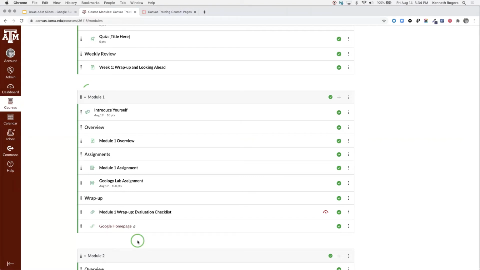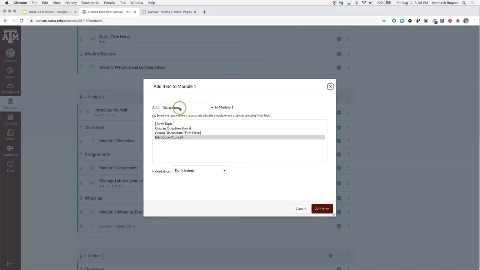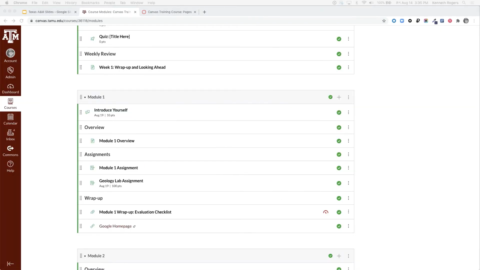So I'll give you just a second to put it in your module. Remember, we're going to modules. We're finding the module we want to put it in. Clicking the plus button, selecting discussion, finding the discussion we created, and clicking add item. All right, after it's in our module,